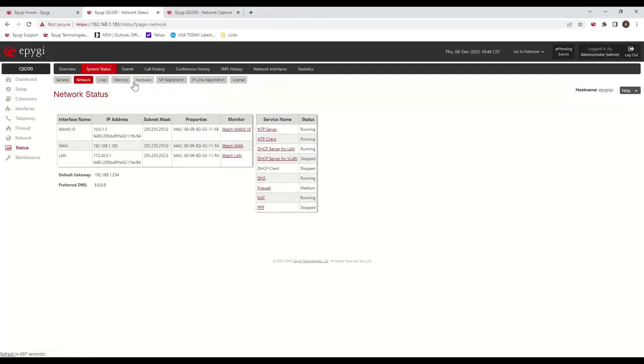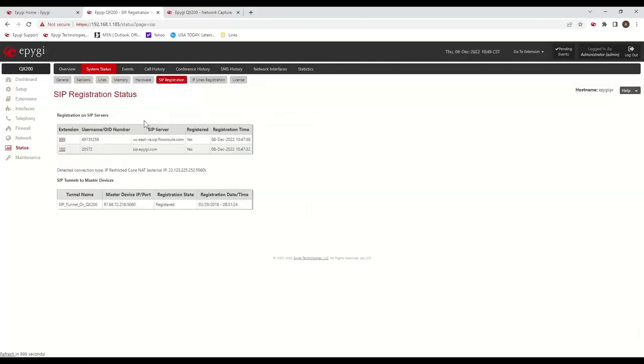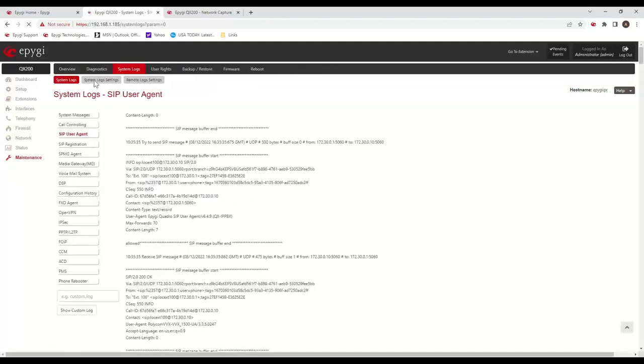Also, if you look here under system status and SIP registration, you can see I'm registered to the SIP trunk, and just below it, it provides the external IP address and port number for SIP. So that's what was detected. Okay, here locally on the QX, I'm going to go to system log settings,